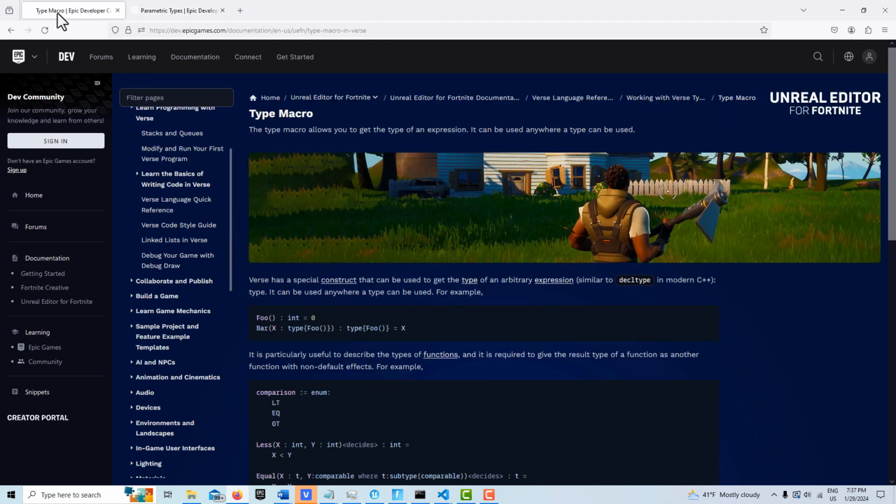Let's just go in here and look at what it says about a type macro. It says the type macro allows you to get the type of an expression. It can be used anywhere a type can be used. So type here is not a type, like a data type. It's a macro. And I can prove that to you, and you can prove it to yourself, is just copy